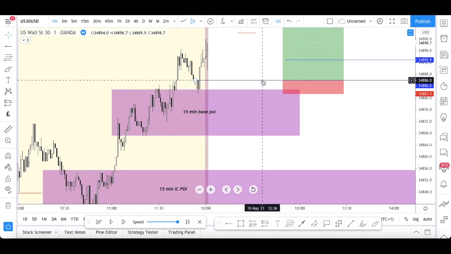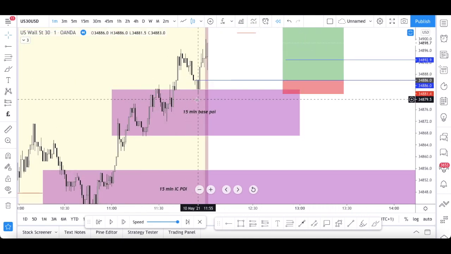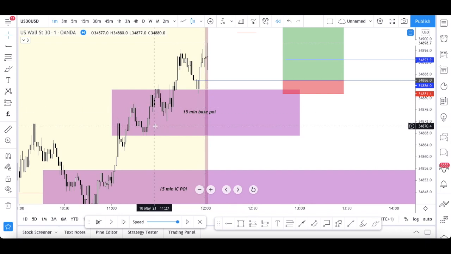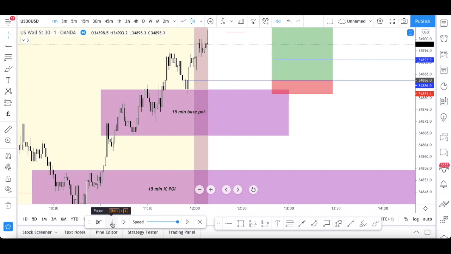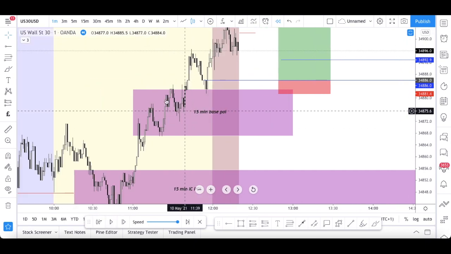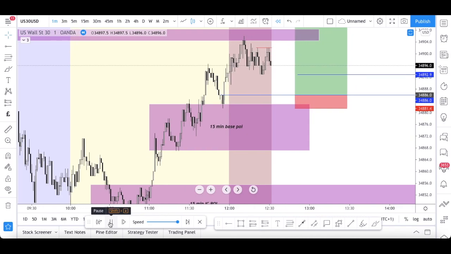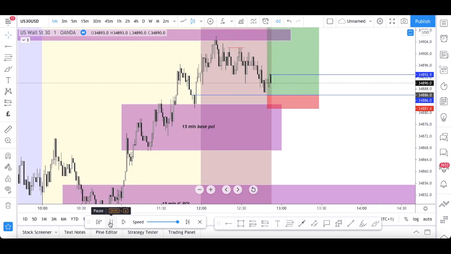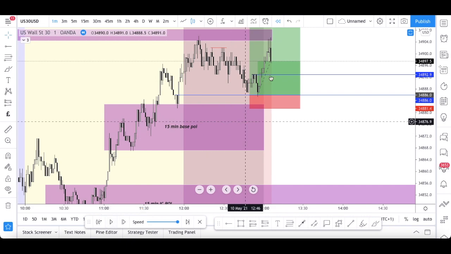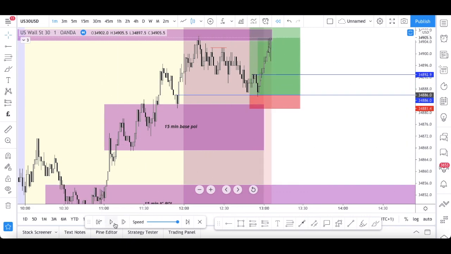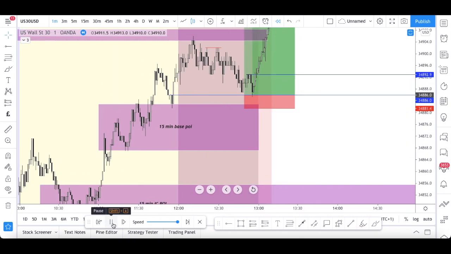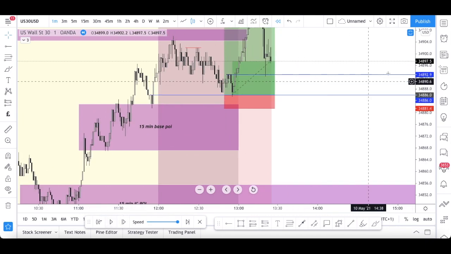But we would definitely want to be placing one entry here because we have been given proof of this demand being valid. So as we press play and see how price approaches our entry right here, and you can see there we get our entry over here, and we can see price moves away from our zone very positively